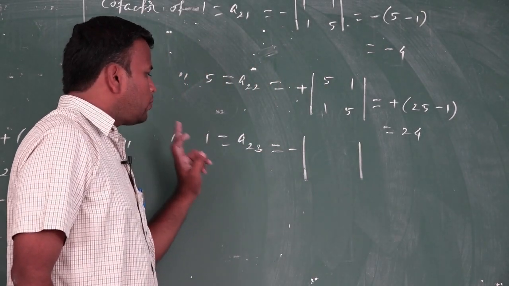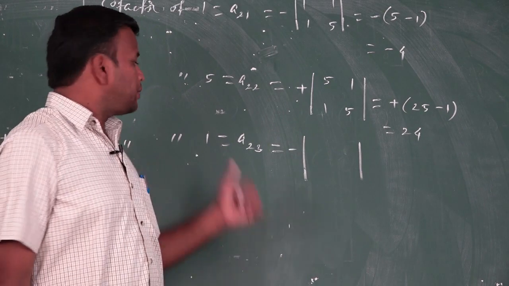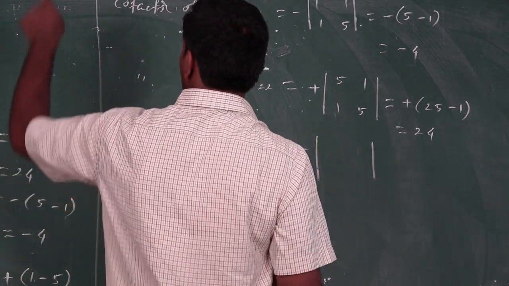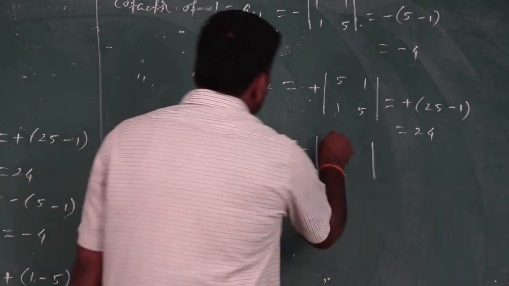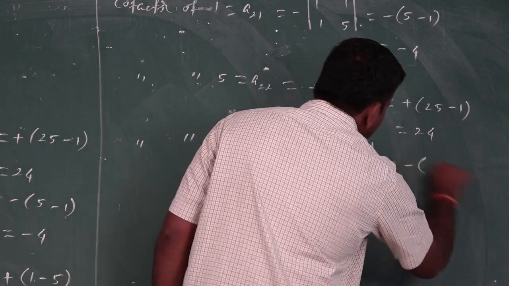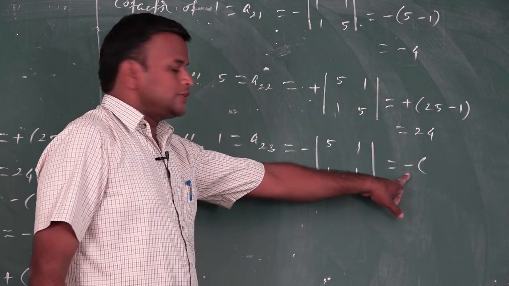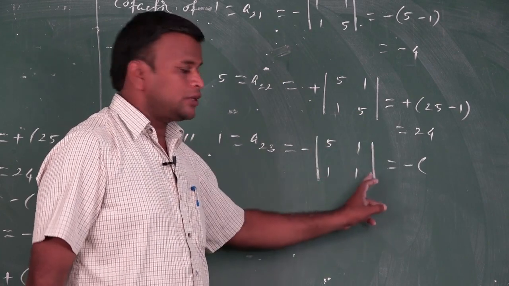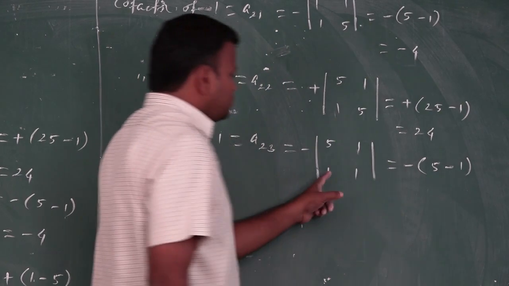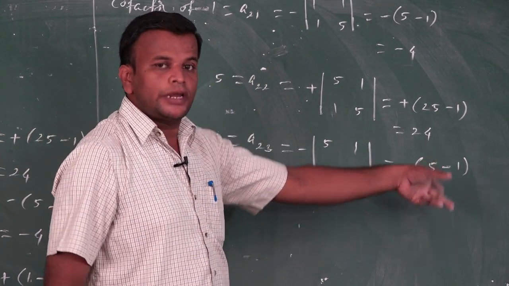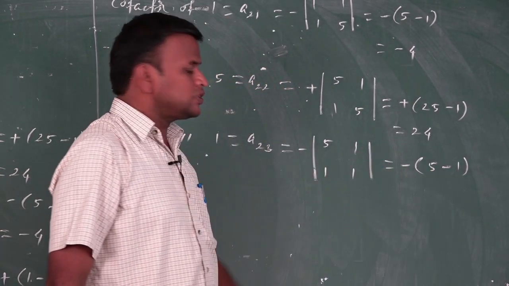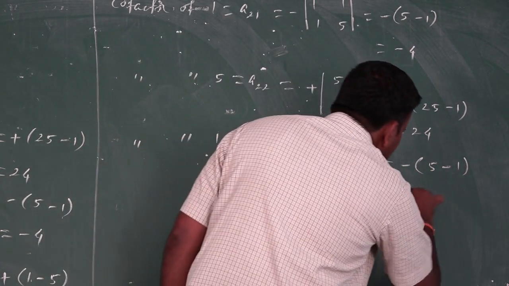Okay, we leave the row and column of the number 1. The number 1 occurs in the second row and third column. So we leave the second row and the third column. The remaining elements are 5, 1, 1, 1. Okay, outside minus. We simplify this determinant. 5 ones are 5. Next we multiply these two elements with a minus sign, so minus 1. What is the final number? 5 minus 1 is 4, but outside is minus, so minus 4.